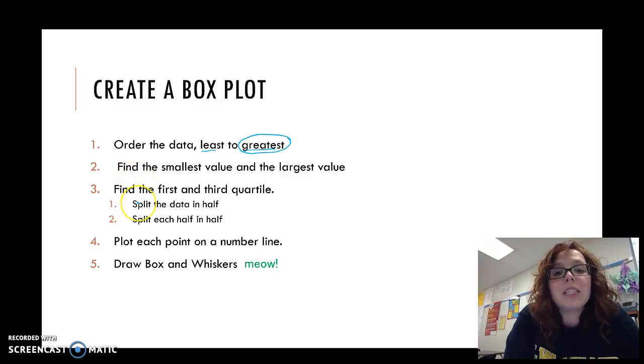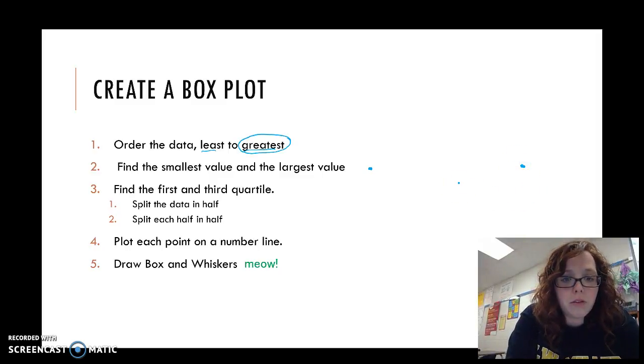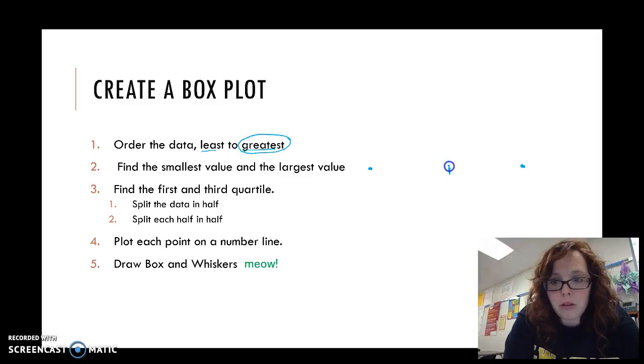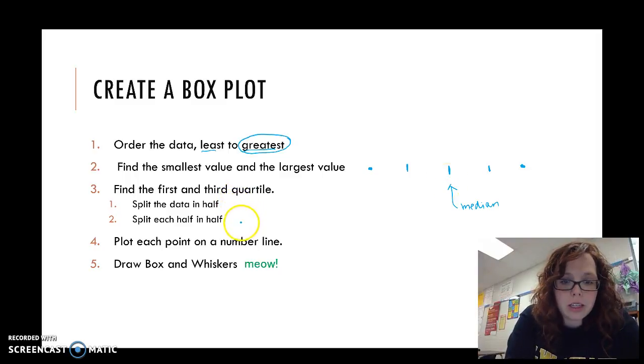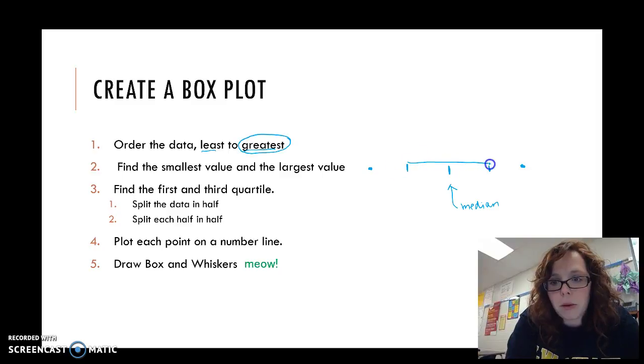Second, we're going to find the smallest value and the largest value. Those are going to be your furthest points. That's going to be your first dot, and that's going to be your last dot. Then you're going to find the first and third quartile. So you're going to need to find your median, your middle dot, and then you are going to need to find your first and third quartile. Those are going to be the medians of the first half and second half. So you're going to split each half in half. Then you're going to plot each number on the number line, and then you're going to draw the box